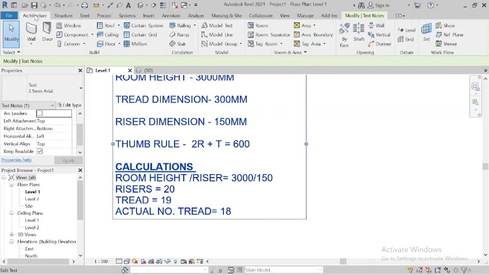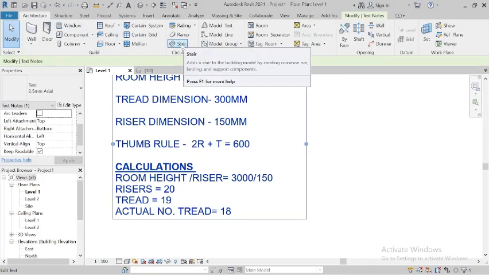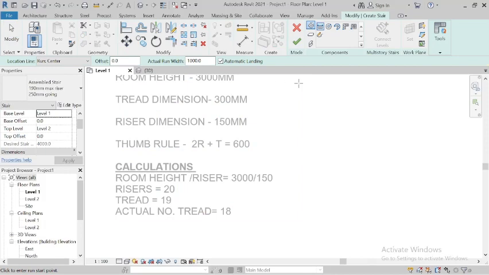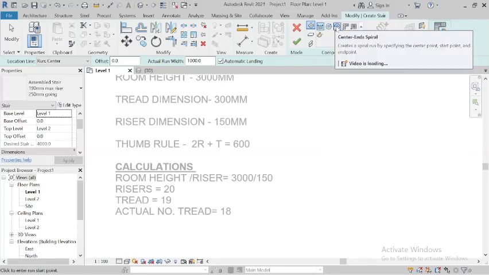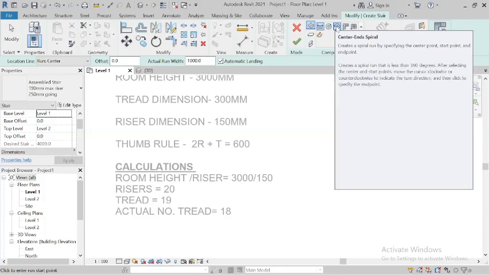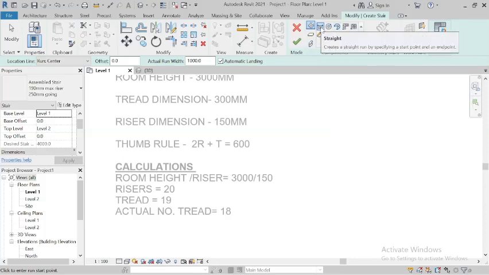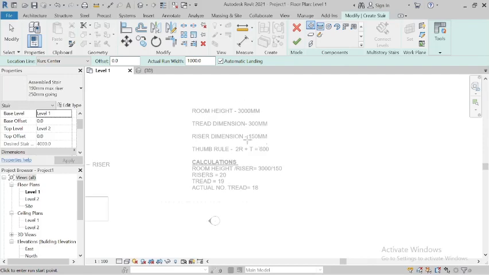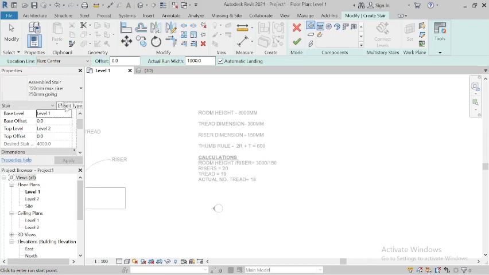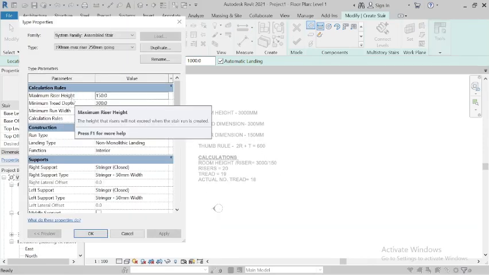Okay, so let's start. We are going to go to architecture, go to stairs, then when you go here, you can see that we have what we call straight stairs, we have the spiral stairs, we have the center-end spiral. So now we are going to use the straight stairs. So I'll go to edit and adjust my